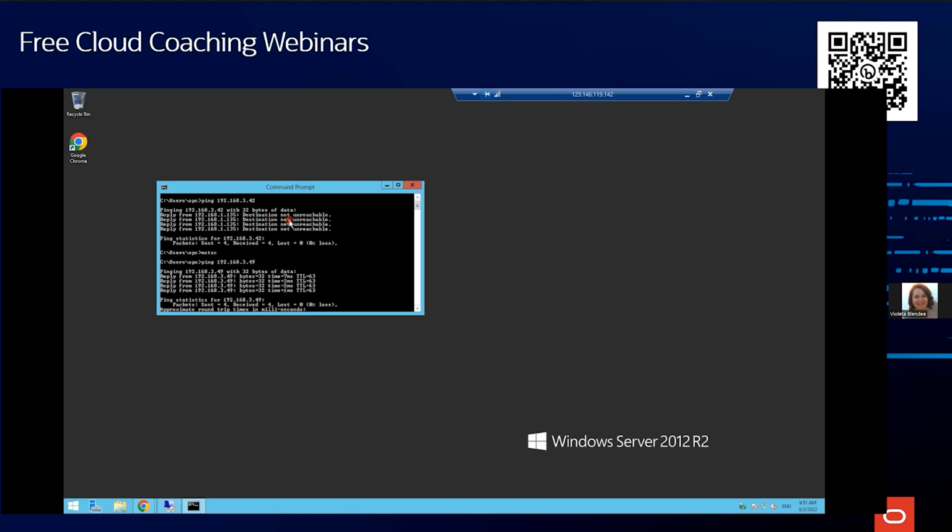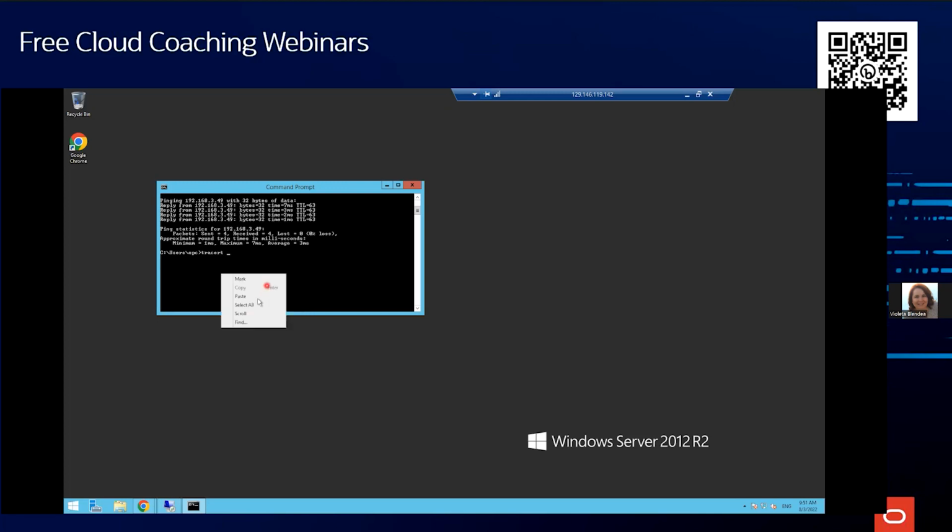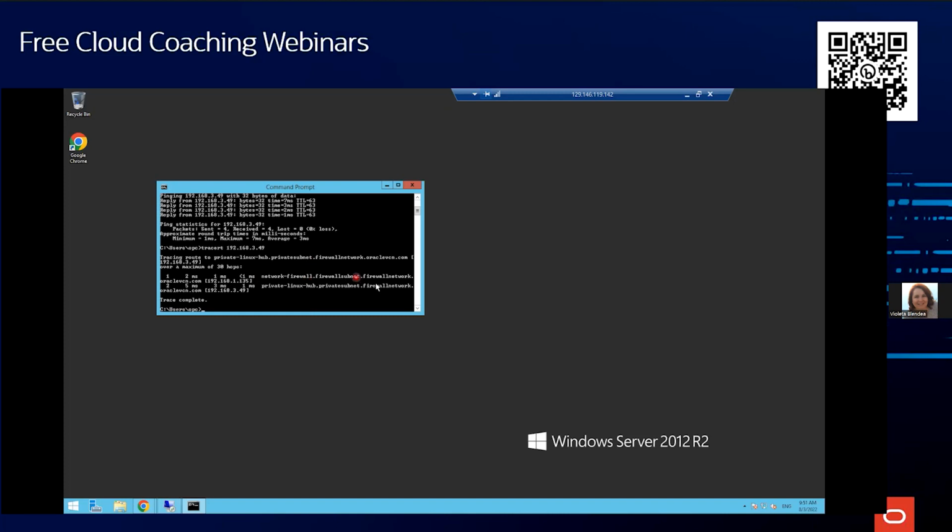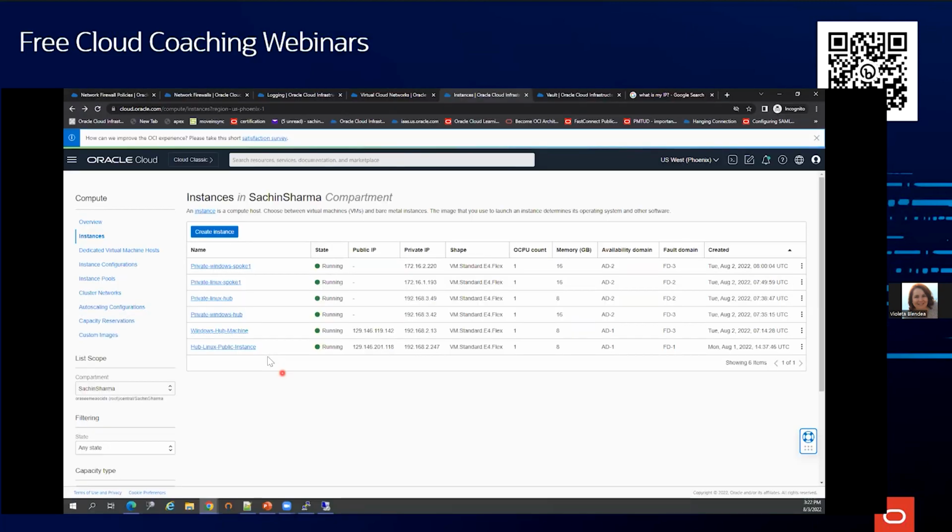So within 2 subnets, my traffic is still going over the firewall. How to identify without seeing the logs? Just do a traceroute to my Linux machine, paste. The next hop should be my firewall. Is it coming? See, it is coming. My next hop is the network firewall, firewall subnet, which is 192.168.1.135. So every traffic from different subnets is going through the firewall device. So this is my second use case, within the VCN, it is done. That is east-west traffic.